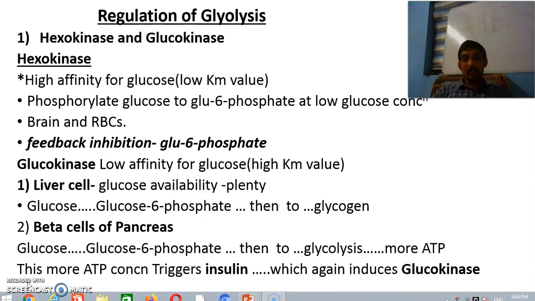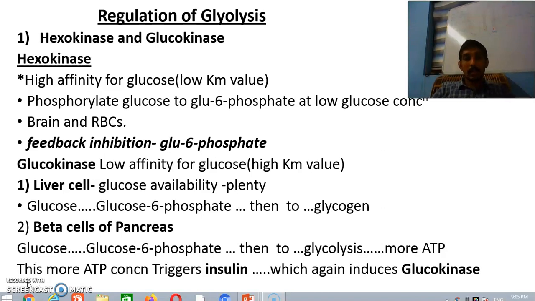And like that, in the beta cells of the pancreas, we know that insulin is produced by the beta cells of the pancreas. But how does the beta cell recognize that the blood glucose level has increased? Who informed the beta cells? The answer is in this slide. You can see in the beta cell